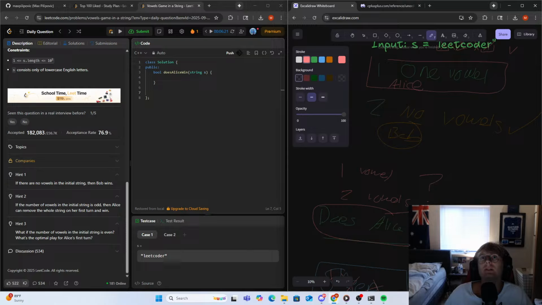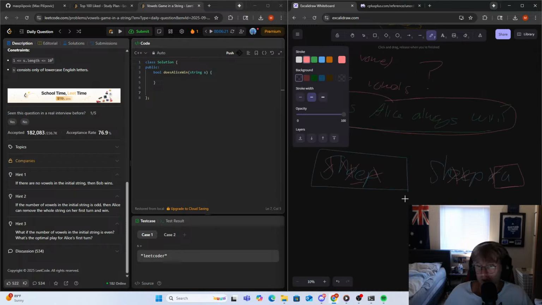Because we looked at the case where we had 4 vowels, an even number, and Alice automatically wins. So if we had 1,000, Alice would automatically win; we could remove 999. If we only had 1 vowel, then Alice also automatically wins, because we can remove the whole string. So from what we've worked out, I believe that Alice wins